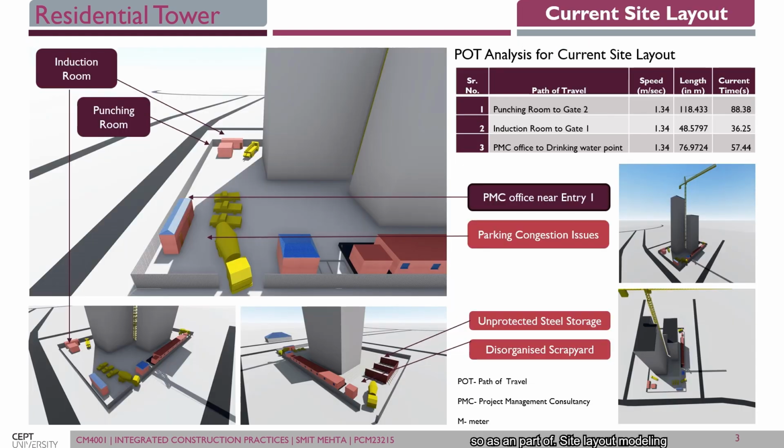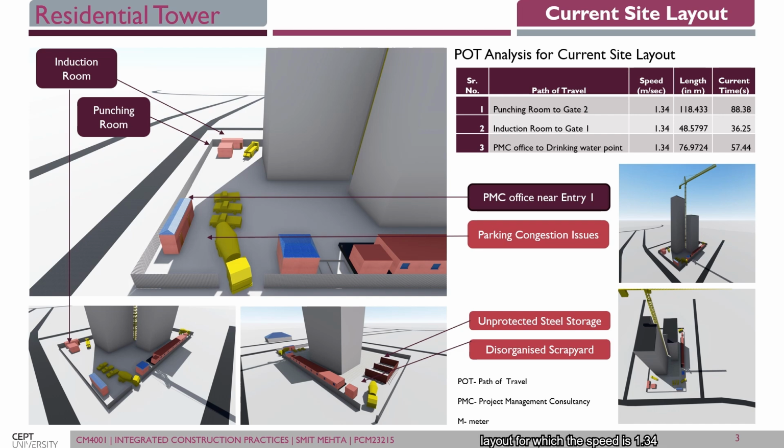As part of site layout modeling and site layout optimization, this is the model for the current site layout, which consists of the induction room, punching room, and PMC office near entry 1. We can see the parking congestion issue in the 3D model, and unprotected steel storage as well as a disorganized scrapyard near site gate 2 and gate 1. For gate 1, we have done the path of travel analysis for the current site layout,